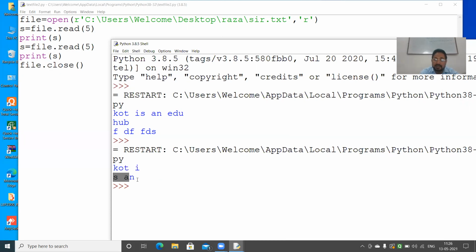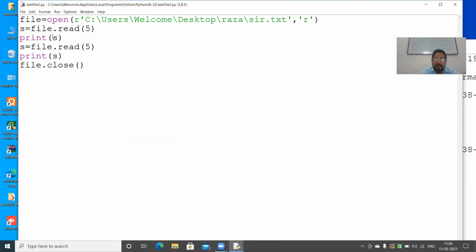See there, when I am selecting it, it is selecting the space also, but once you are selecting here, it is not going beyond that because space is not there. So understood, 5 characters: 1, 2, 3, 4, and this is space, 5 characters. Which space is here? After n, a space is there. Got it? So this is the way it reads. The file object will start reading from the first character to 5, then 6th character to 10th. Clear?